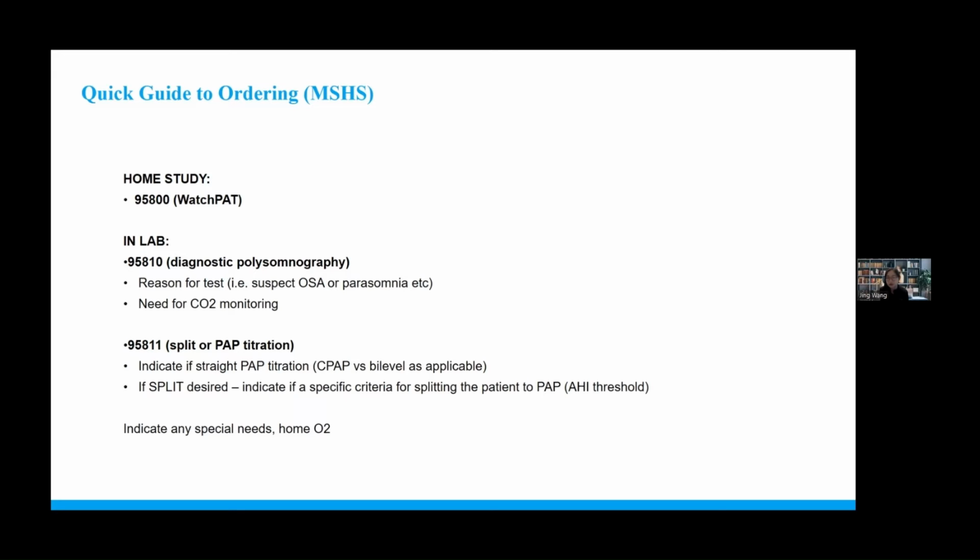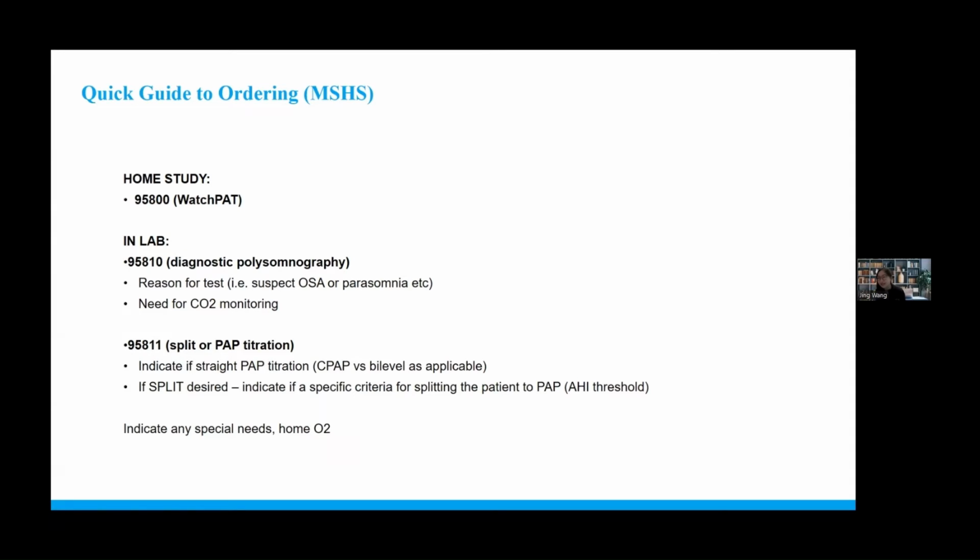The lab standard is to do that for patients who meet an AHI of over 30, but the patient has to show us that the AHI is going to be over 30 in the first 2 hours. If the patient meets that AHI later than that, then we really don't have time to do a full titration. So that patient will probably end up not being split. If there are any other questions about sleep testing and ordering, happy to field that later. Obviously not the main goal of today, but I wanted to include it.